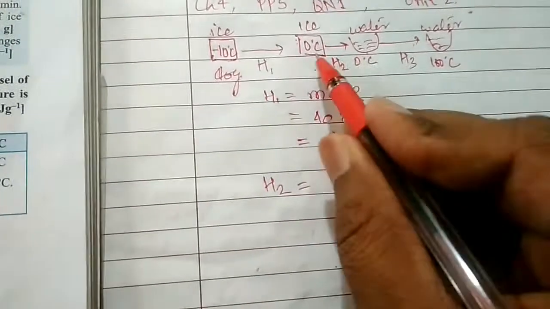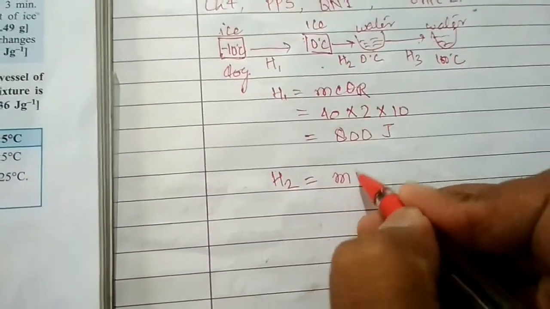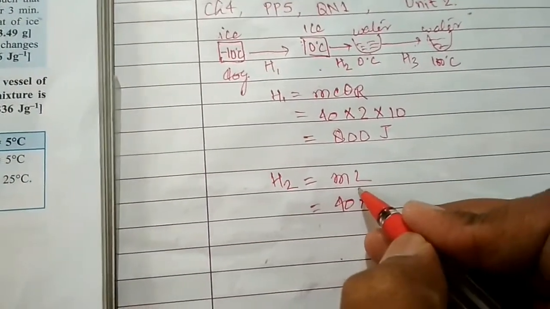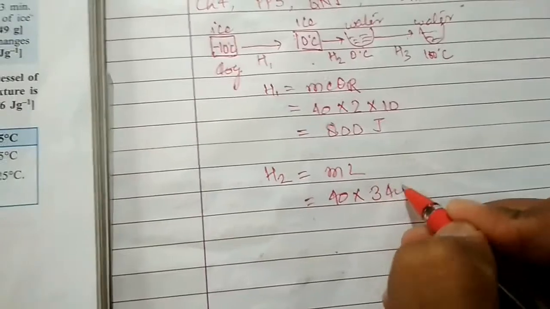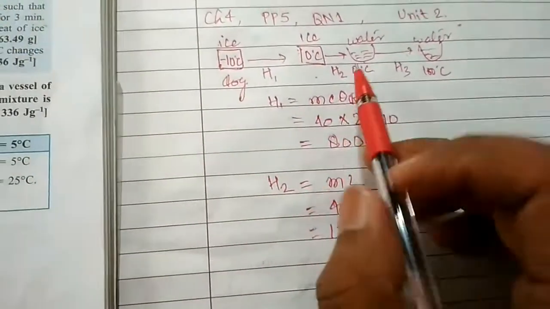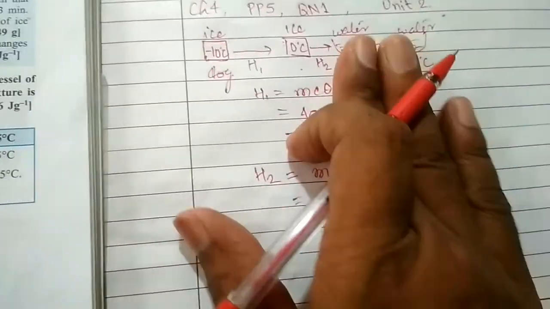Now let's do H2. For H2 you can see there is a state change, so only m L. Mass is 40 gram, and the specific latent heat of fusion is given in the question as 340 joule per gram. So it is 13,600 joule. This is the heat energy supplied for this. Now the last part,